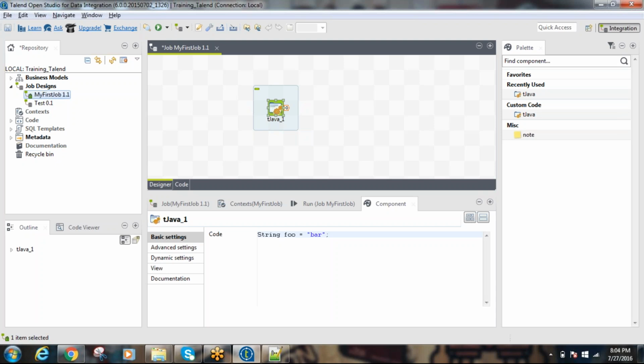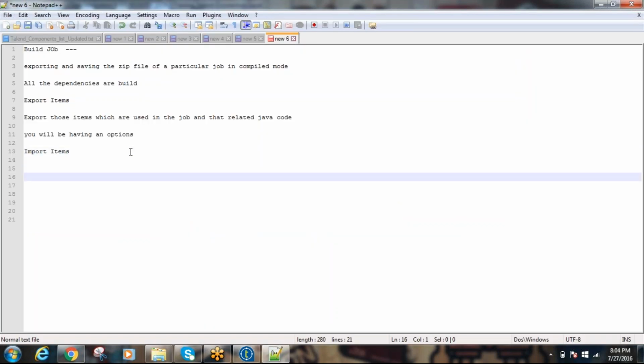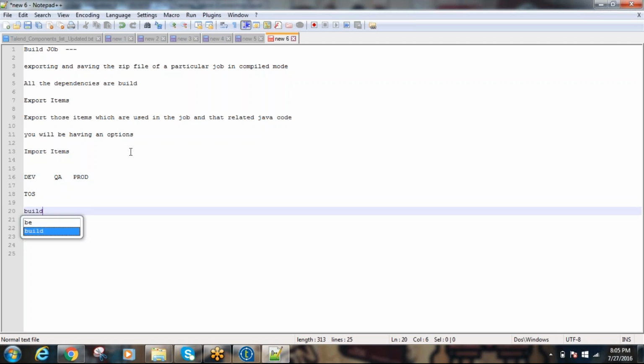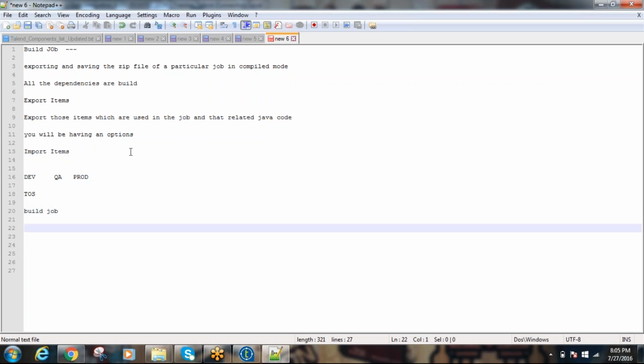Okay. How about if I want to migrate the code or migrate the job, at that time can we also use this facility of build job? Migration means moving. You have a dev environment, a QA environment, and a production environment. When you are using Talend Open Studio, you have only one choice: to build the job and give it to QA and subsequently to production. But when you are dealing with Talend Integration Suite,